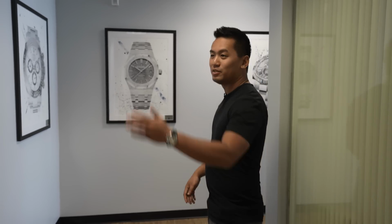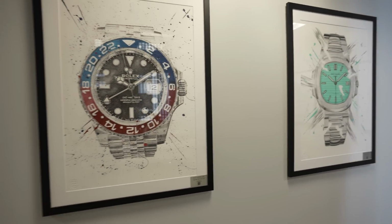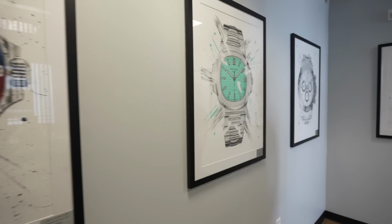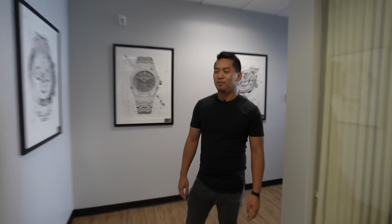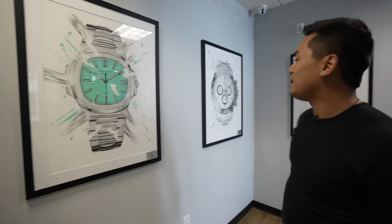Got 5 of them. So we have a Pepsi here, Rolex Pepsi, the Tiffany dial Paddock. And you know, people have been giving me such a hard time on the last episode. Sometimes I say Patek Philippe, sometimes I say Paddock. I honestly use them interchangeably. Correct me if I'm wrong, let me know below which is the better pronunciation. I've actually been to a Patek Philippe AD and they used both. So I honestly, operations guy, I don't know, you tell me. Tiffany dial,